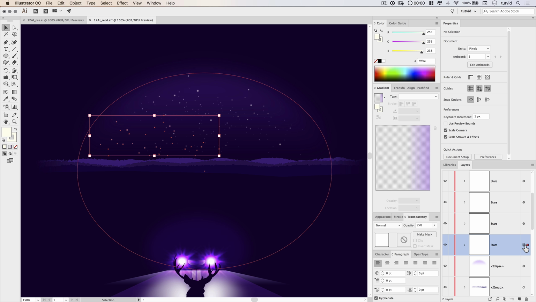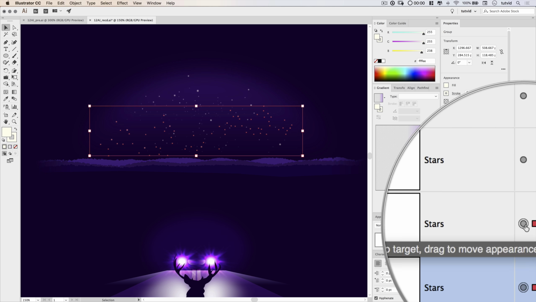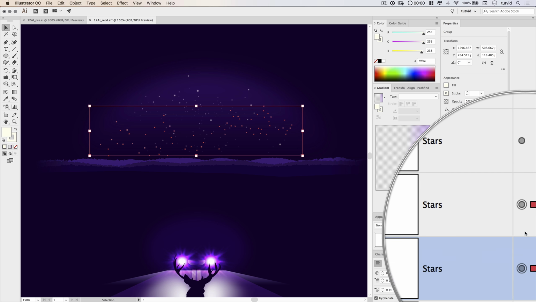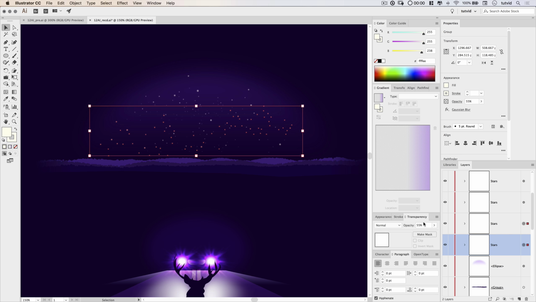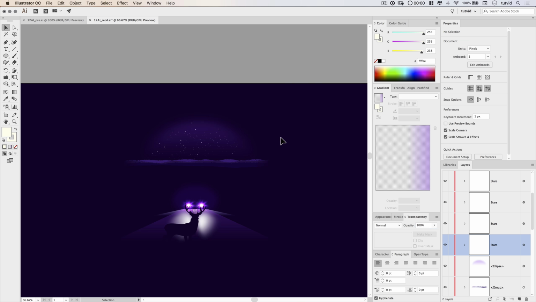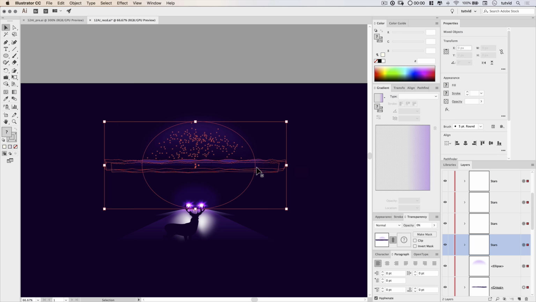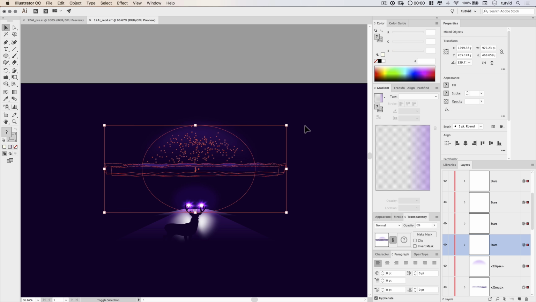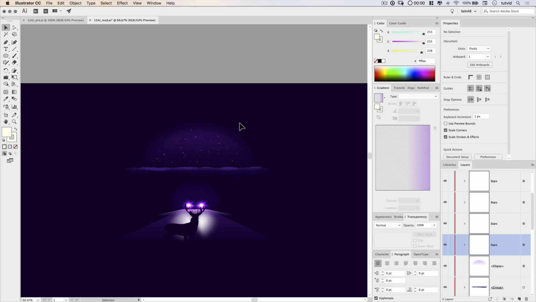And at this point, we could take some of those foreground stars. I can Shift-click the little circles here to actually select those layers here in my layers panel. And I can say, you know what, instead of 55% opacity, let's make these like 80. And that'll just bump those up and almost pull them to the foreground a little bit more. Now let me zoom out and you can see what we've got going on. I actually want to select all of this stuff, the trees, the sky, the stars, everything, and nudge it down a little bit closer to my car, something more like that.